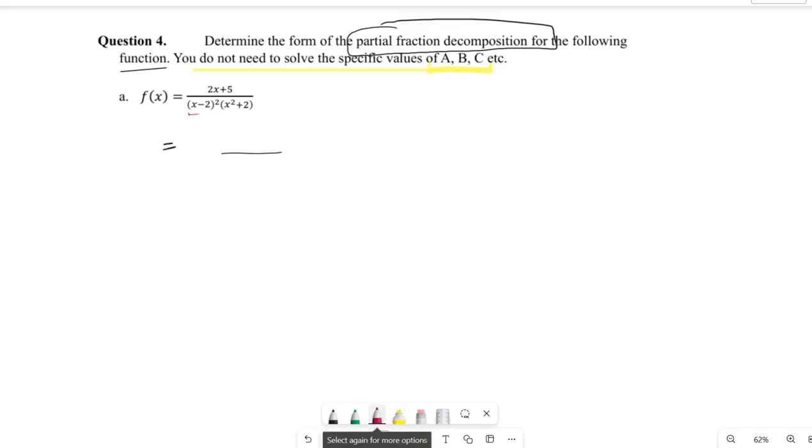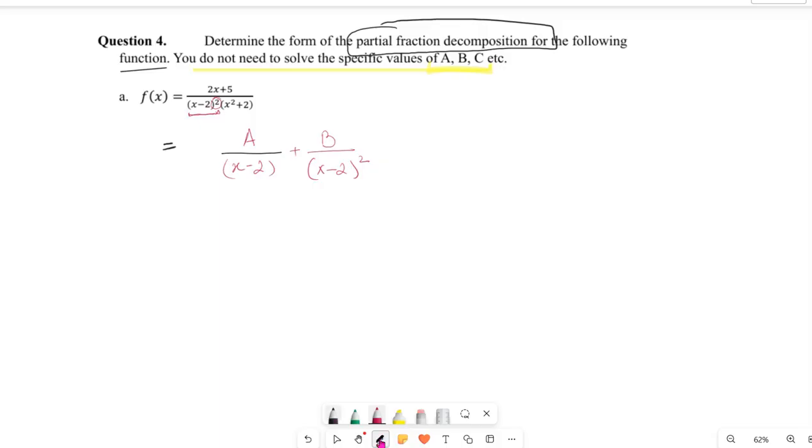The first linear factor here is x minus 2, which is a repeating linear factor because there is a power of 2. So because of the first linear factor, there will be two fractions. One will be A by x minus 2 plus another one. So use a different constant. Let's name it B by (x minus 2) squared. Because of this first linear factor, which is repeating 2 times, we will have